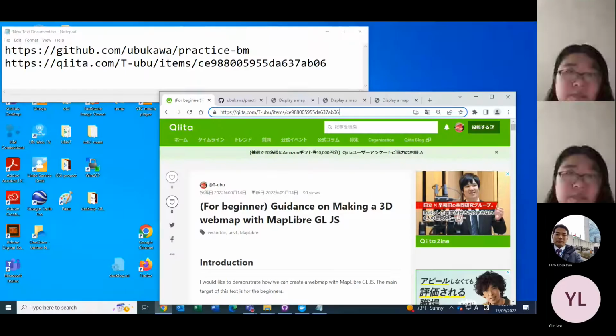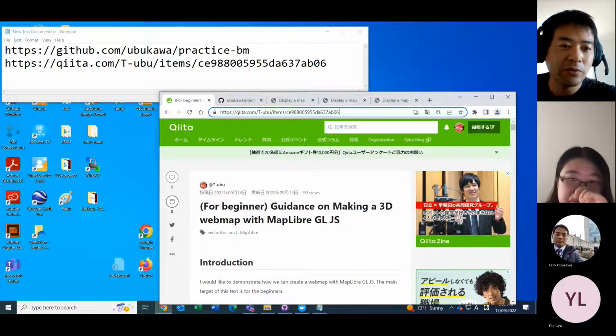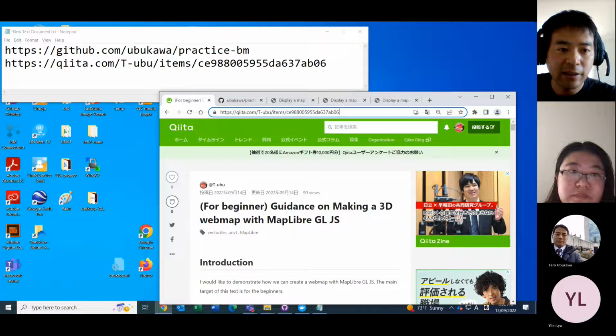Today, we are going to have a practice of the web map creation, especially the vector tile map practice. In order to make a vector tile map, some parts are very difficult. For example, vector tile creation from original data or style designing from scratch could be very hard. So today's practice will focus mainly on the preparation of HTML file and referring to the existing style to make